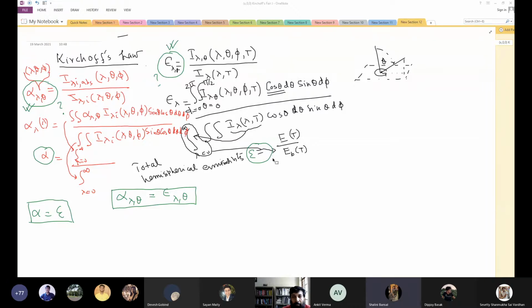So for the spectral directional case, why does spectral directional absorptivity equal spectral directional emissivity? Why are these two equal? That's what you're asking? Yes, sir. Okay. The easiest answer is that I do not know exactly. What I understand is that both are surface properties, so that way I have some way to justify that these two may be equal. But if you say there are so many surface properties, why are they not all equal, I also do not have an answer.